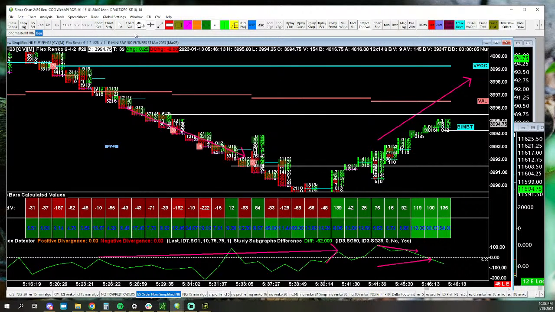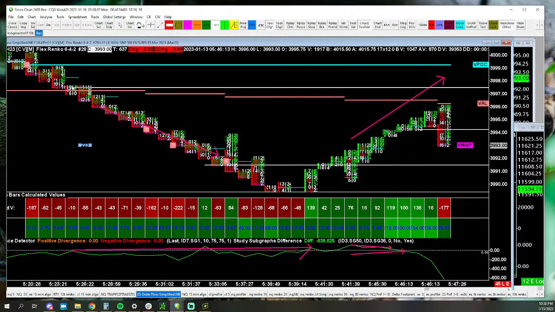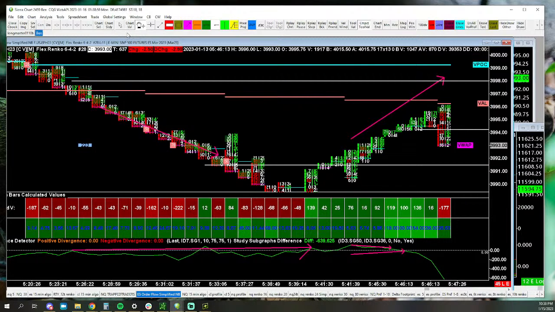Let's see. I don't remember if it does or not. I was going to say you don't want to put it on it, right? You want to go maybe that. Like I said, I was thinking this one makes sense, so probably here is the reasonable spot to take it. But yeah, I would expect that it came back up here, it tested this, and then if it's bearish, it shouldn't go much further. Expecting those to act as brick walls is asking a little much. But look what happens to the indicator. It just absolutely dive bombs, right?